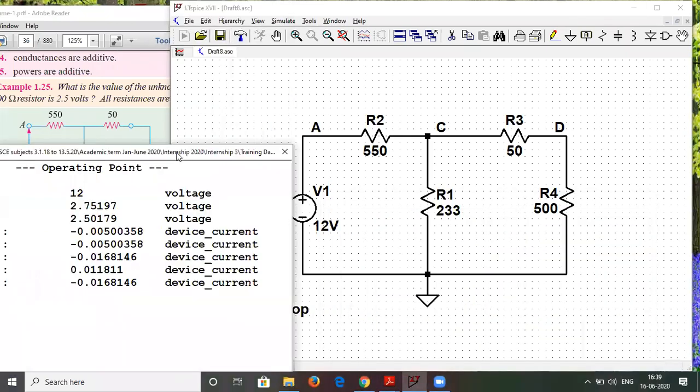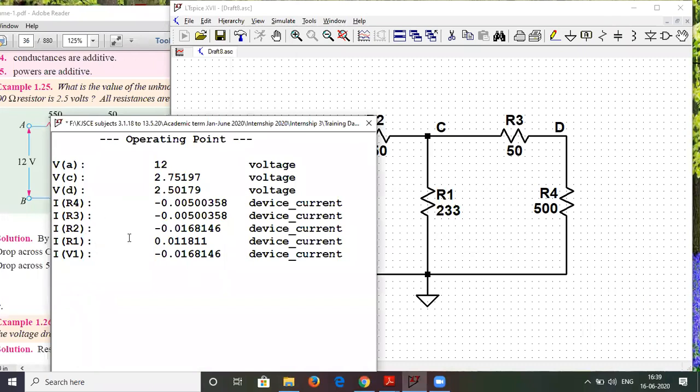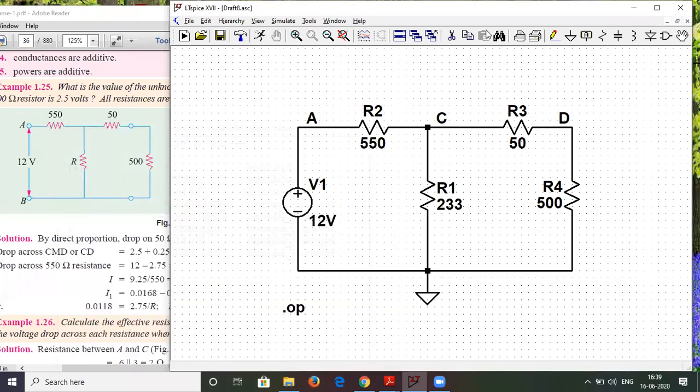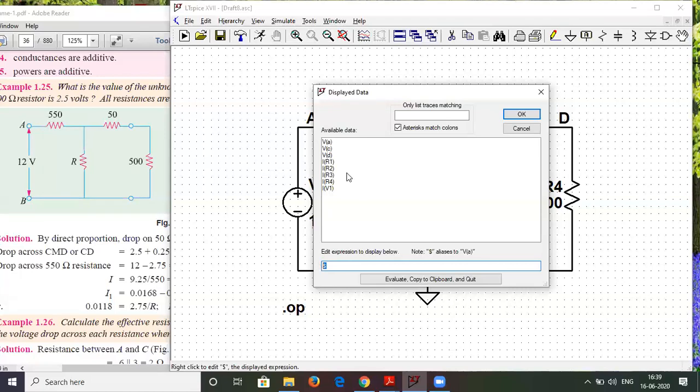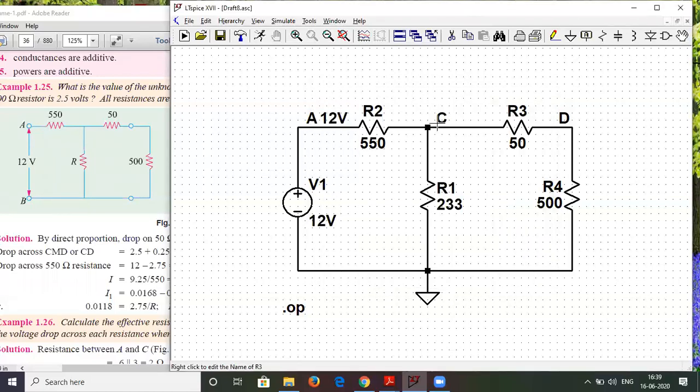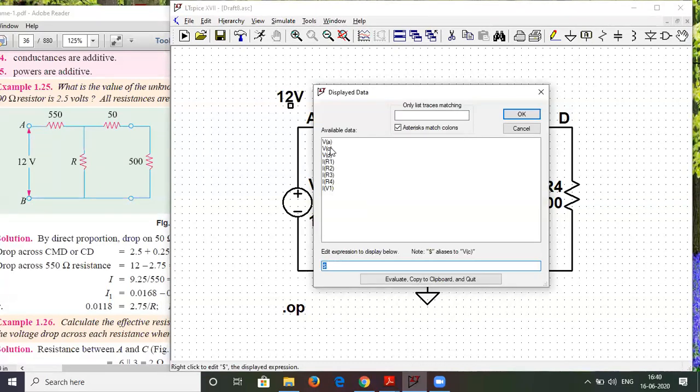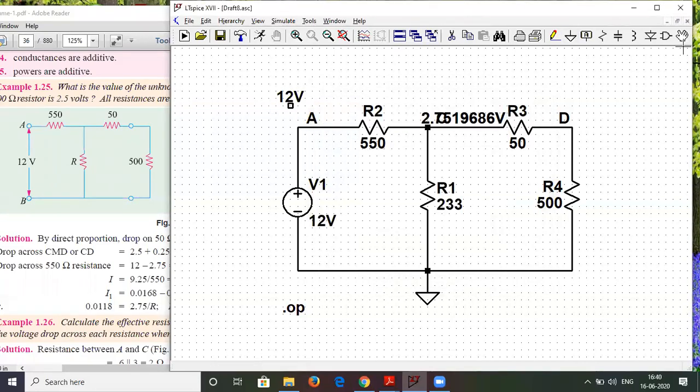Now, this is one method of observing the DC values. Another way is as follows. You can click on any node, and it will give its value. You can right click on it and place this. That is VA. Now, even if I drag this value anywhere above, it will remain that much only. So this is the advantage over here. Similarly, if I place my pointer over here, it will give some value. Right click on it and replace it by the variable you want to display. So this is VC.